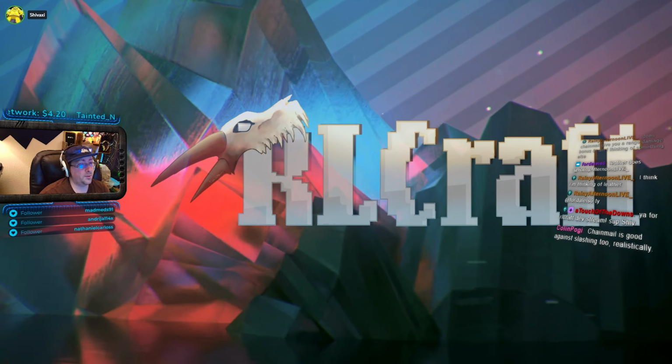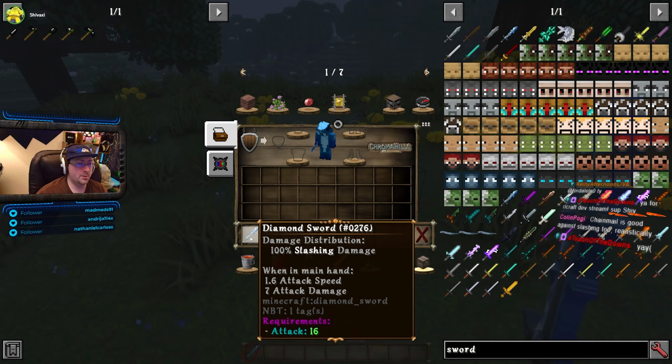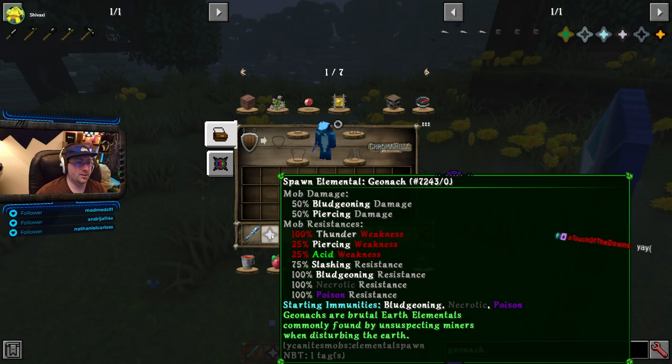Yeah, I tested it with some things. I can't even hurt a Geonok at the moment. If I get a diamond sword here and then summon a Geonok. Again, this is just because of the defaults. So it's like...